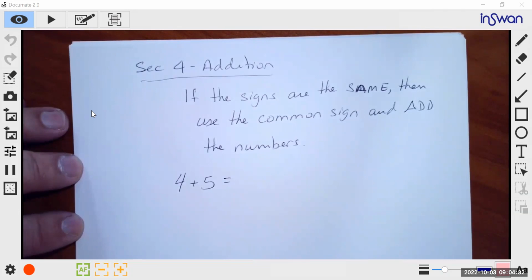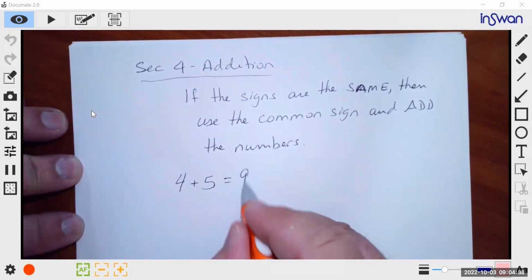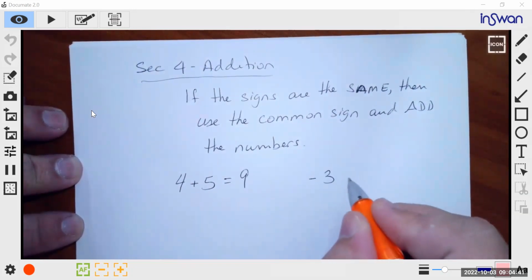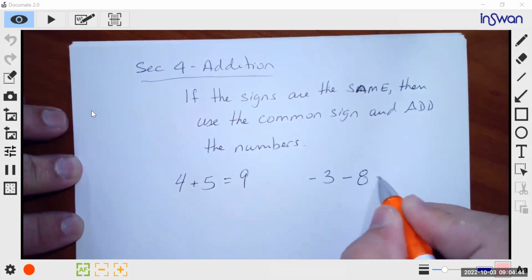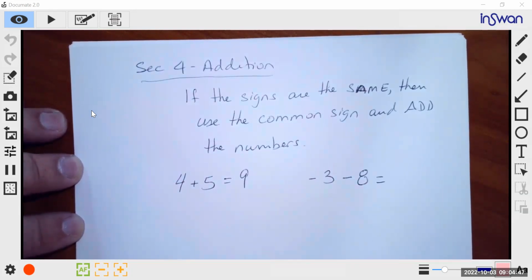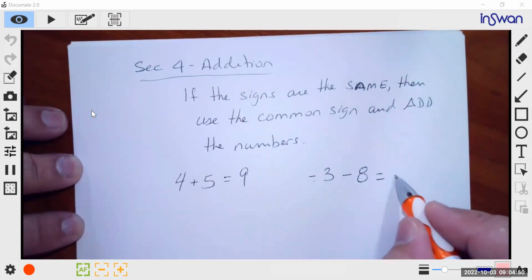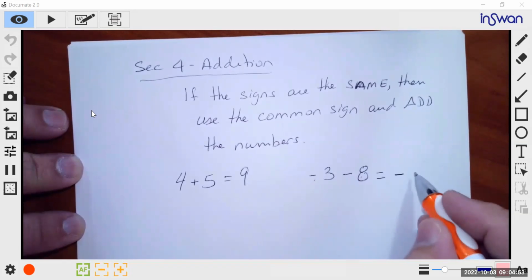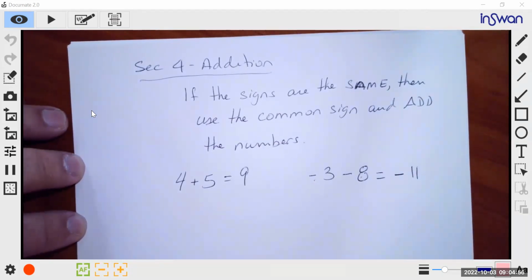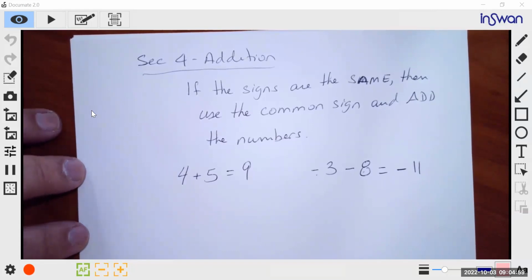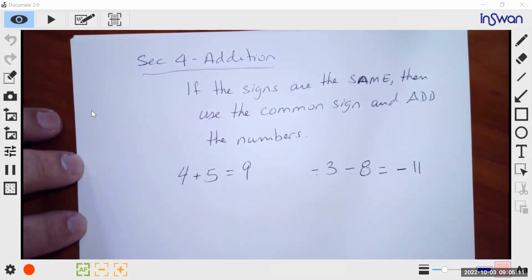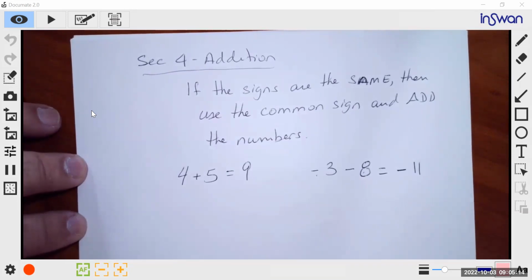4 plus 5. They're both positive, therefore the answer is going to be positive. 4 plus 5 is 9. -3 minus 8. They're both the same signs. They're both negative. The answer is negative. 8 plus 3 is 11. So we've been doing that for 6 weeks now. The only thing we haven't talked about